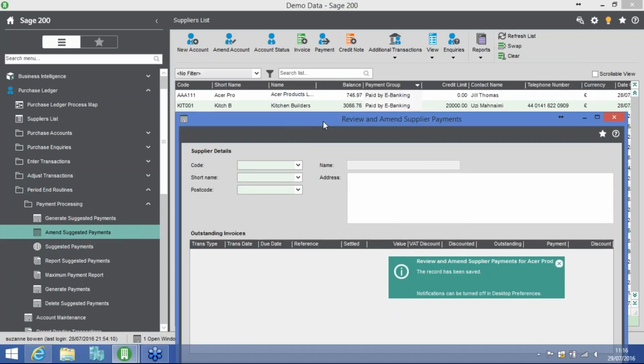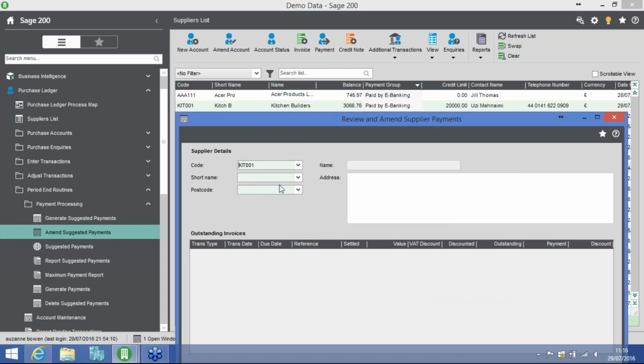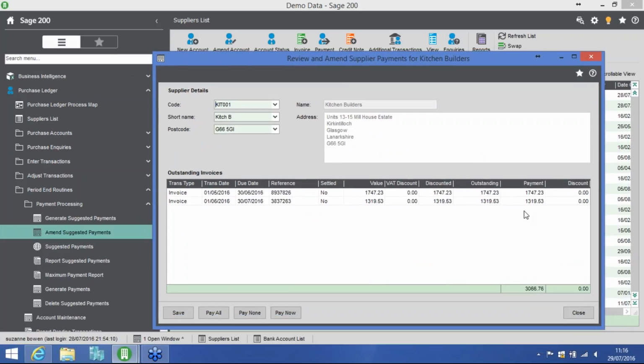Let's have a little look at another one. So let's have a little look at our KIT. Okay, again, we have a list of all the invoices that Sage are suggesting we pay. And if you have a lot of transactions on a supplier account and you don't want to pay